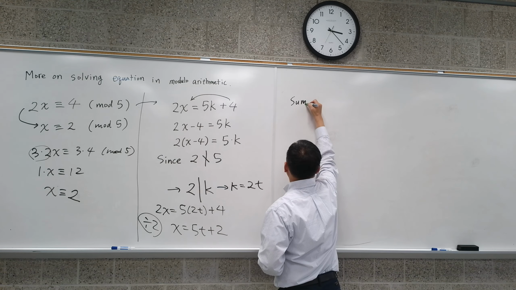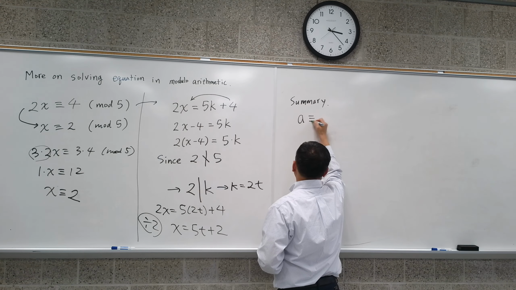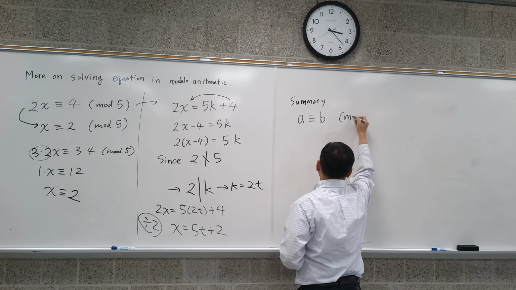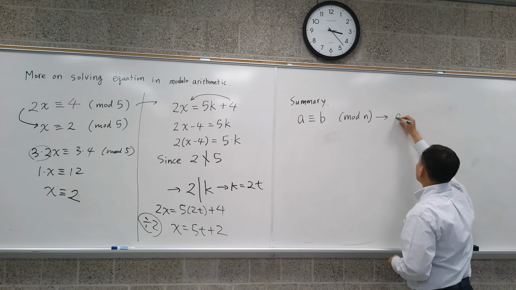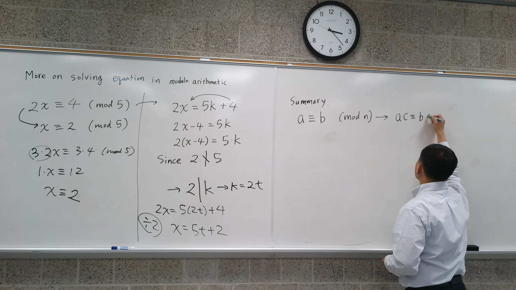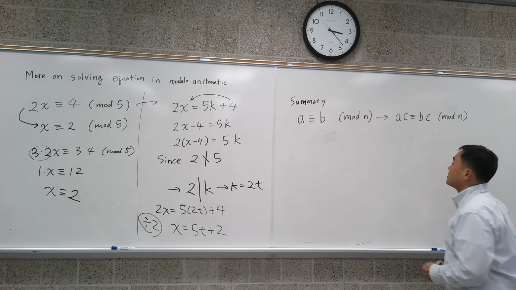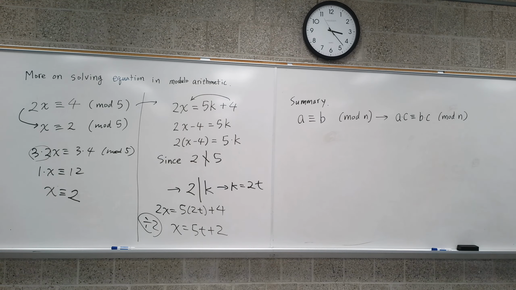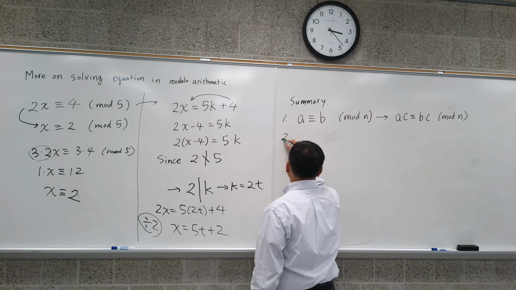Summary. If A is congruent to B mod n, then you can always multiply something both sides. It's always possible. Okay. So that's number one. Number two,